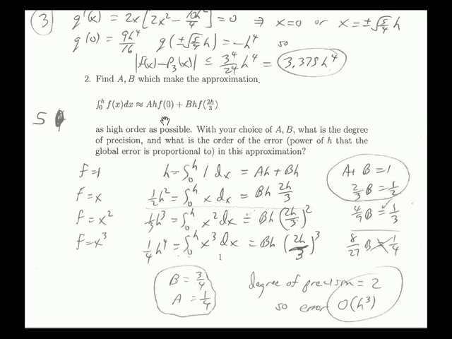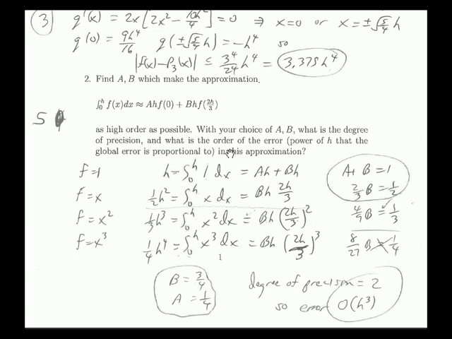F of x is 1, so that's AH times 1 plus BH times 1. After dividing out the H, you get A plus B equals 1 and so forth. And already, you really just need the first two formulas to determine what B and A have to be. These are the only values of B and A which will get you this far, but they actually get you